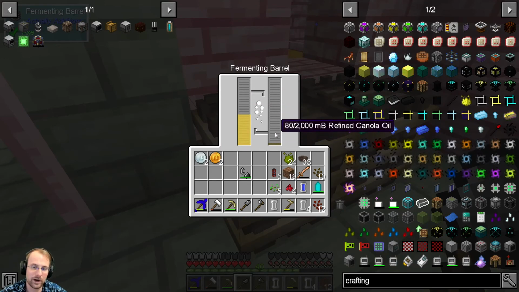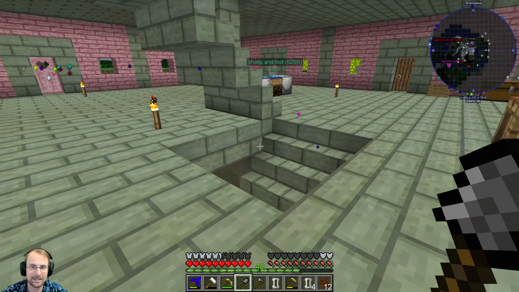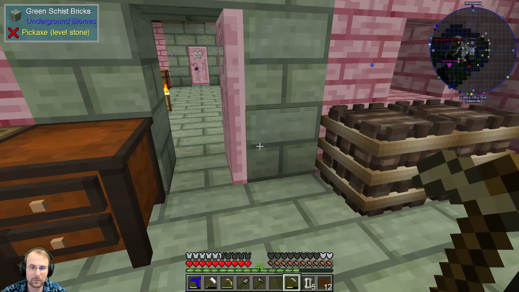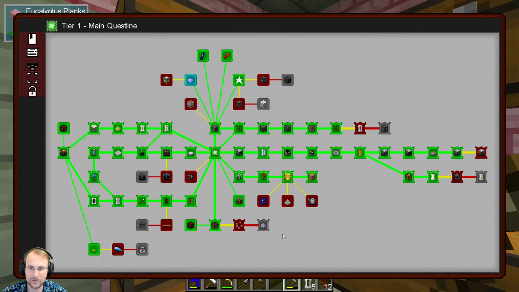We can then take this refined canola oil. I believe it was the refined canola oil. Yeah, on the ground, and then throw the crystallized seeds in to make it even stronger. So we'll let that do its thing for a little bit here. And while it's doing its thing, we're going to move on to the next piece of the puzzle. The next piece of the puzzle is, of course...